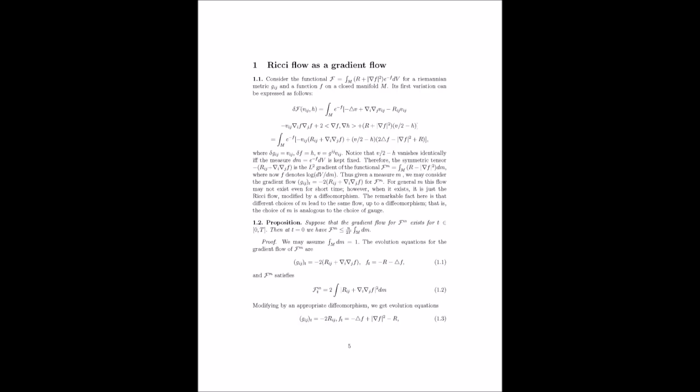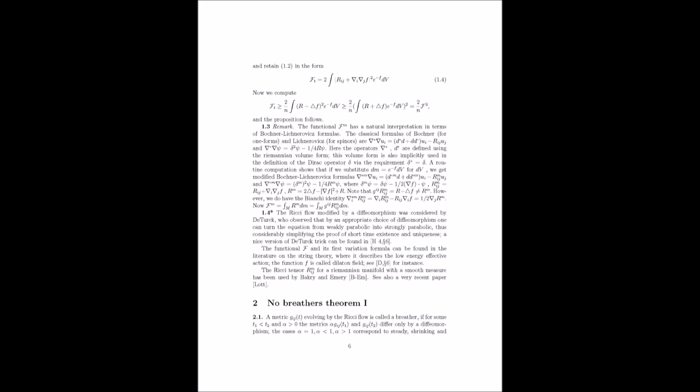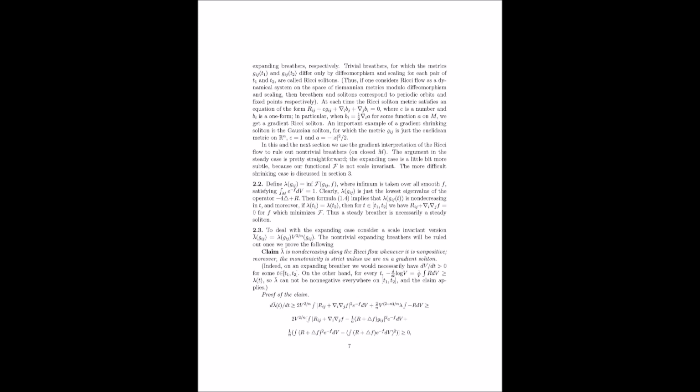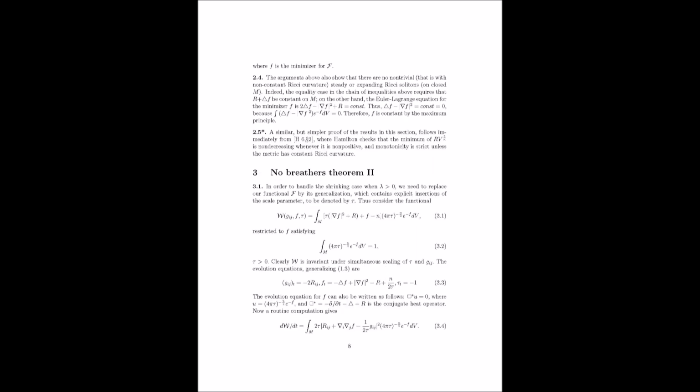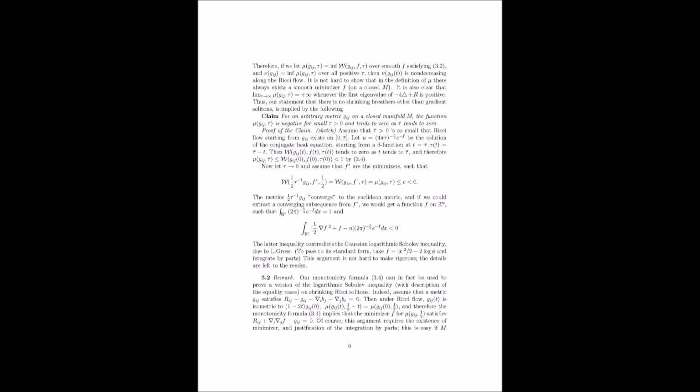It's a great question. Why does it decrease under the Ricci flow? The answer lies in some beautiful but somewhat technical mathematics. The key is to look at how F changes with time as the metric evolves under the Ricci flow. It turns out that its time derivative can be expressed in terms of something called the L2 gradient of the scalar curvature, R. Now you're just showing off with all these fancy mathematical terms.